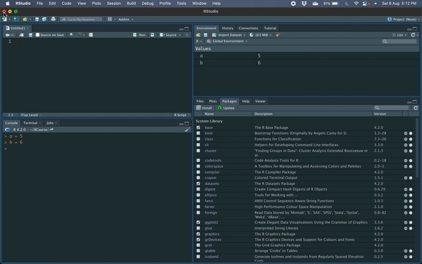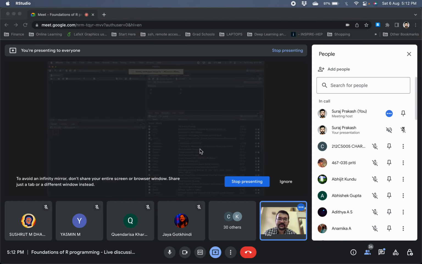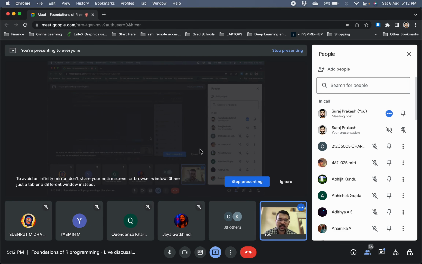And let's say I go ahead and close the R session. So this automatically asks to save workspace image to rcourse/.rdata. So let's say I save it here. Now RStudio is closed, but if I reopen it,